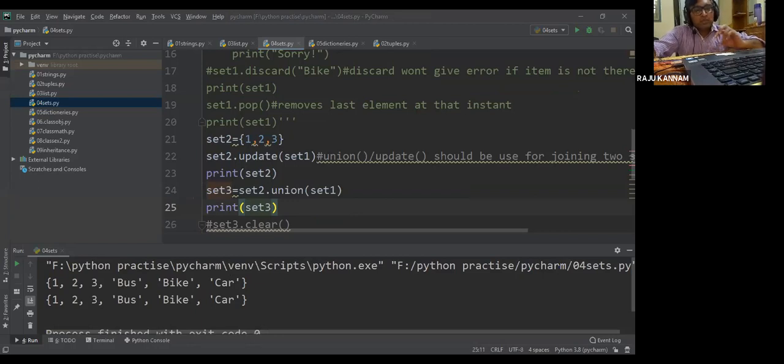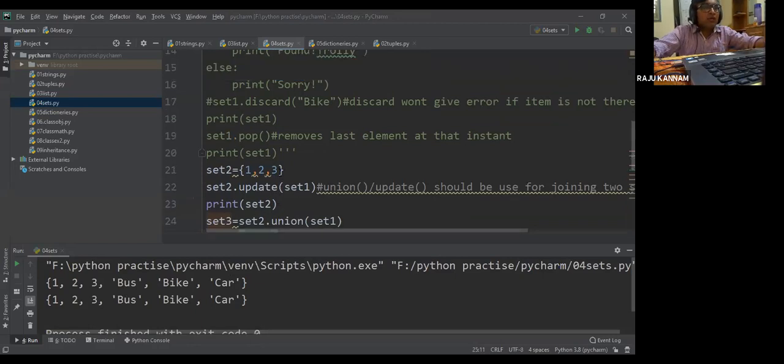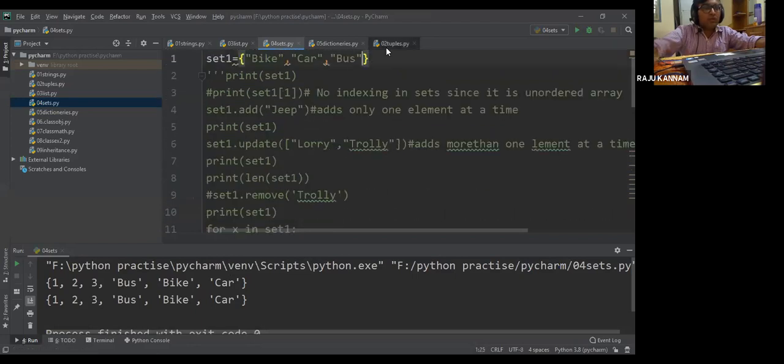And Manish is asking, sir, can you show multiple same elements? Okay, what I will do is, in set 2 I'm having 1, 2, 3 now. Here also I will make 1, 2.